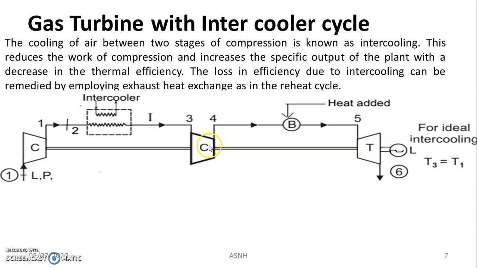Further, compression takes place in the second compressor, and then the high pressure, high temperature gas enters the turbine through the combustion chamber, where heat and fuel are added externally and it expands, and a tremendous amount of heat is generated. Whatever combustion gases are there at the end of the combustion process enter the turbine, and finally mechanical energy is produced and it is connected to the generator to produce electricity. So these are the two important modifications in the case of the gas turbine.